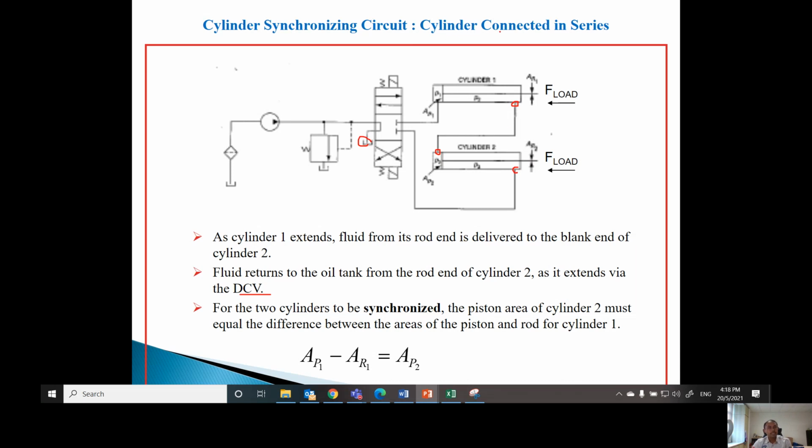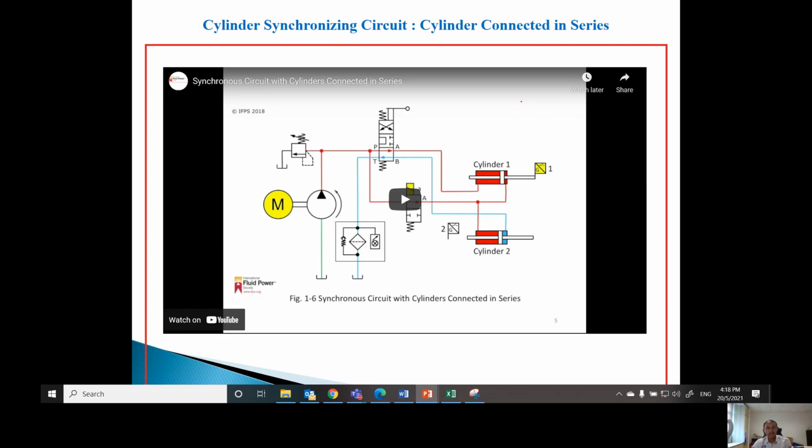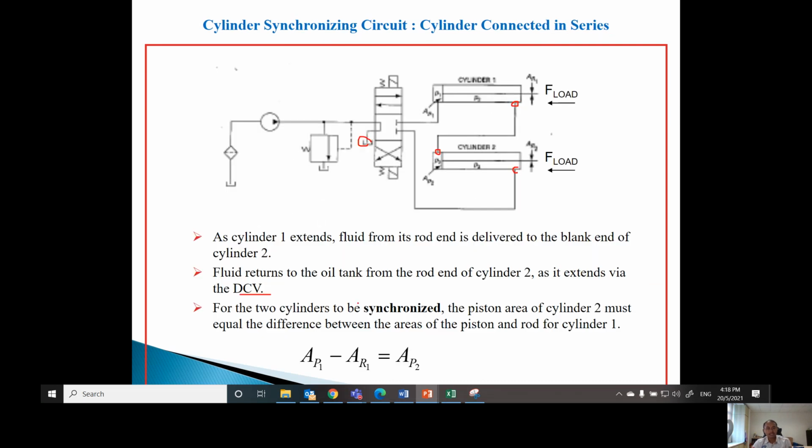In order for the cylinders in series to be synchronous, it is not the size of the two cylinders that has to be equal, because that is actually for parallel. In parallel, you need to have equal size, equal diameter and equal length. But in series, it's not the size, but you have to fulfill this requirement,